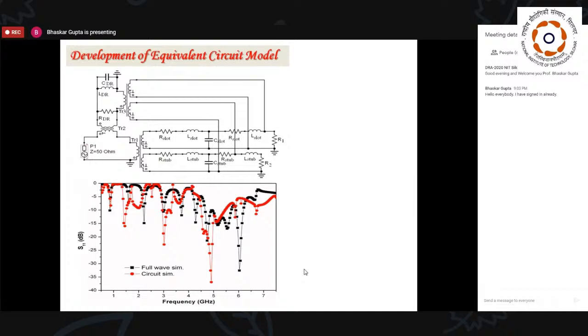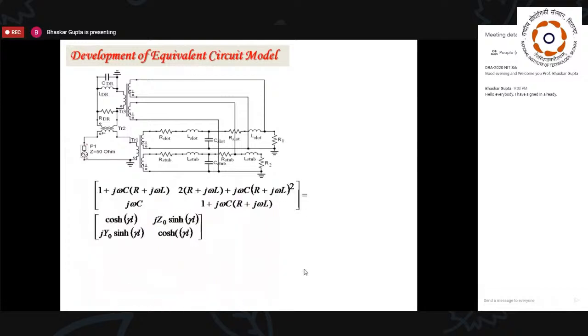This is the model when dielectric loading is also considered. You see that particular portion to the left on the top corresponds to the DRA loading. And then in this circuit model, we can use the ABCD matrix formulation and compare it to the direct transmission line formulation, considering the whole thing by a transmission line model.